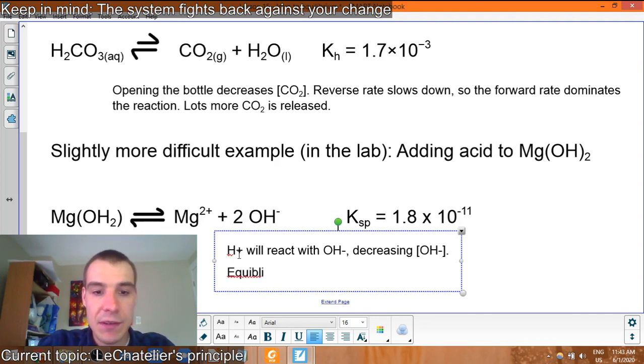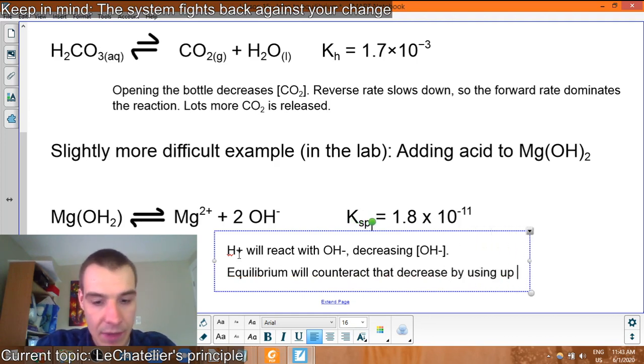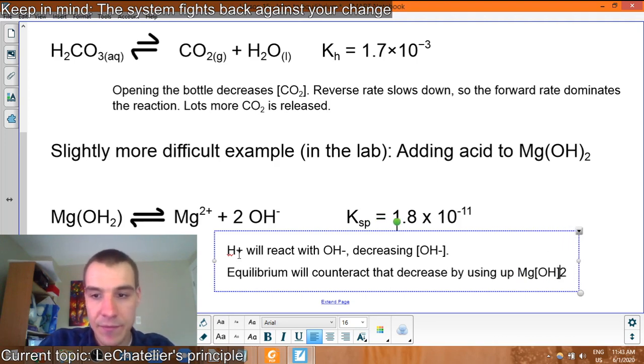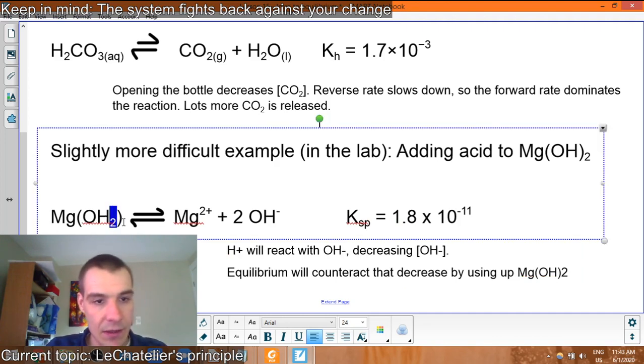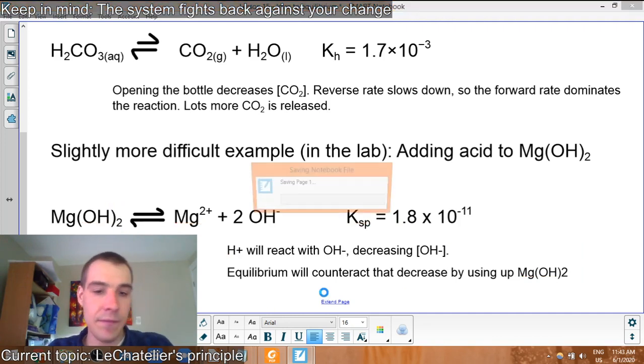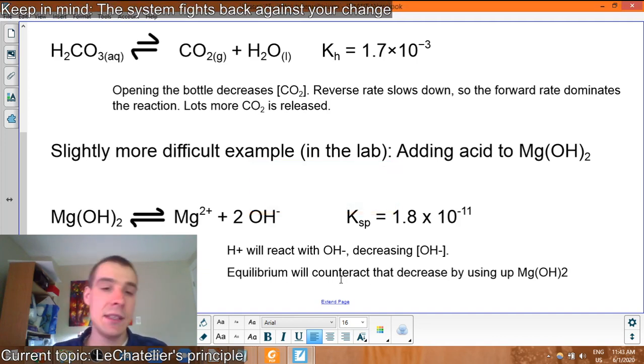The equilibrium, if we want to use Le Chatelier's principle, will counteract that decrease by using up Mg(OH)2, right? Our new equilibrium will use up Mg(OH)2. Oh wow, that 2 should be on the other side. Let me just fix that. There we go. Yeah, so this is the concept: if we're changing our concentrations, the equilibrium will fight back against that change in concentrations. And usually I do a bunch of demos for this in class, but I can't because it's virtual